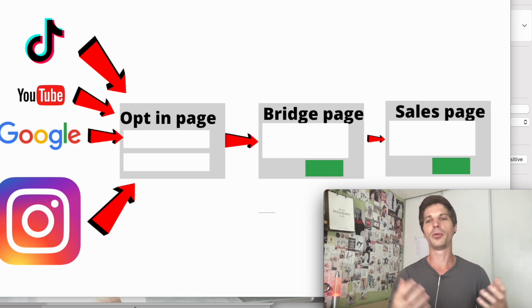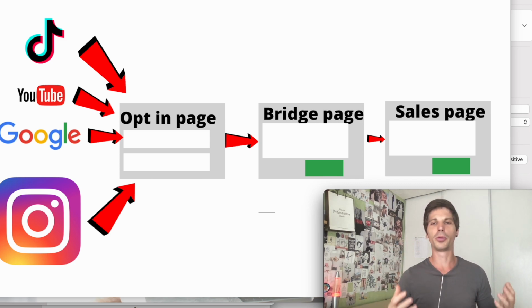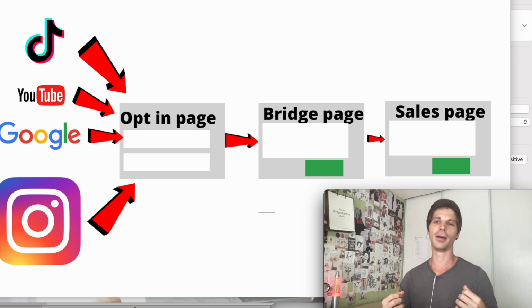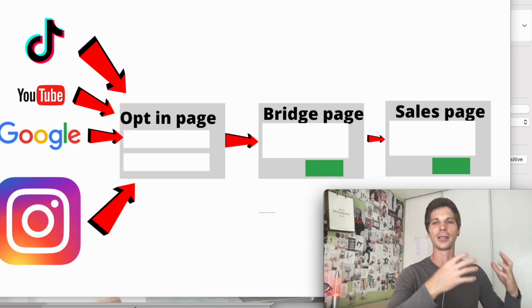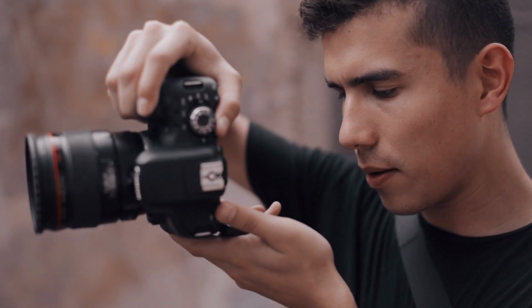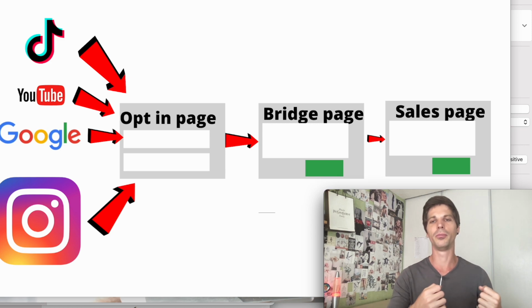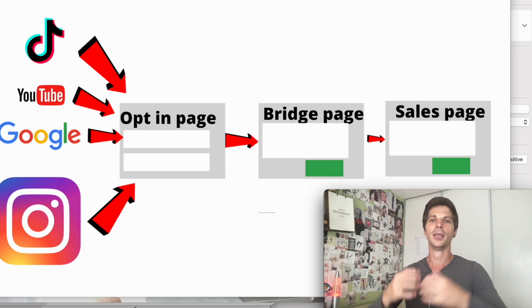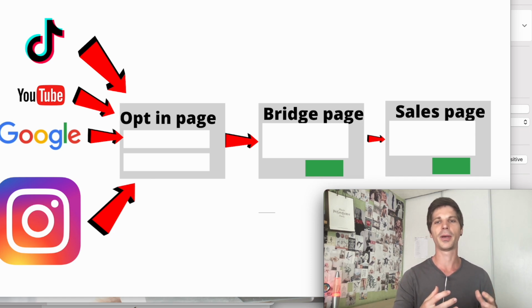But usually people don't really want to buy the product because it's a product. They want to buy the product because it has an outcome. Maybe it's going to be something that's going to teach them how to take better photos. Maybe it's going to be a course. Then they want to have the outcome of taking better photos themselves. So that's what you want to talk about on this page, and you want to pre-sell them,